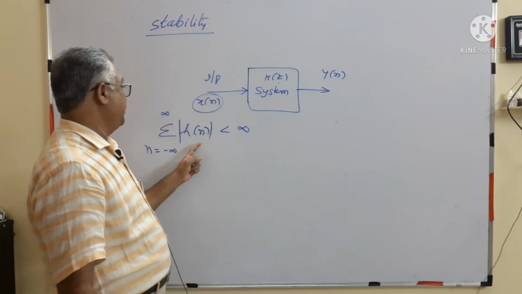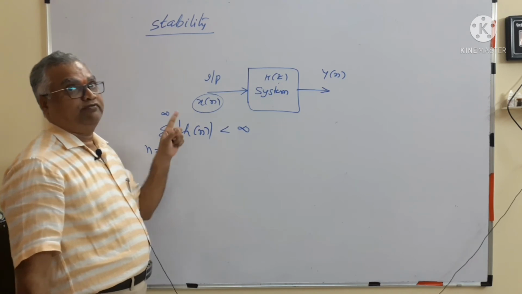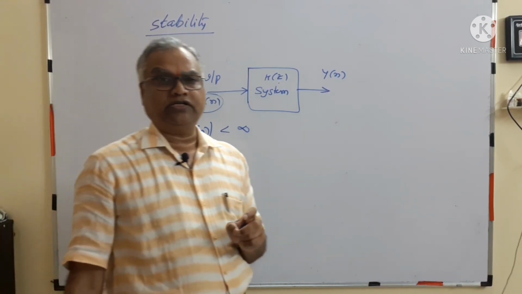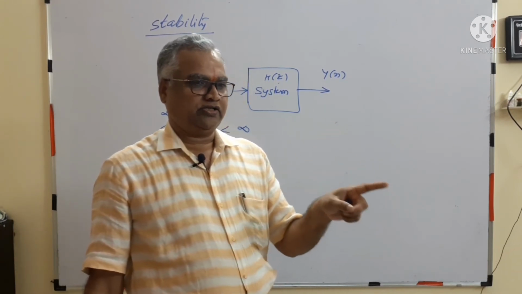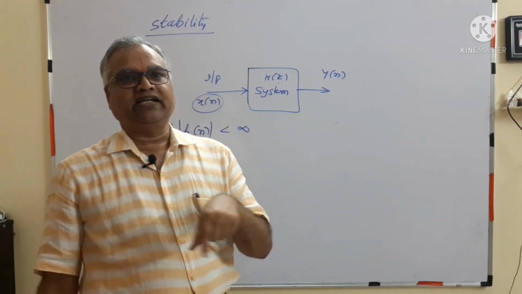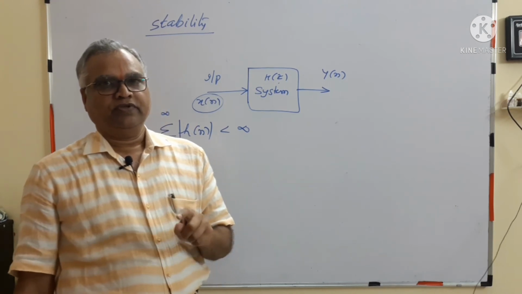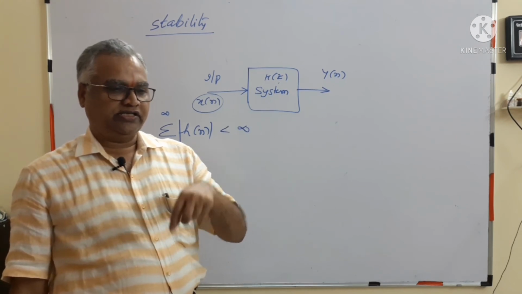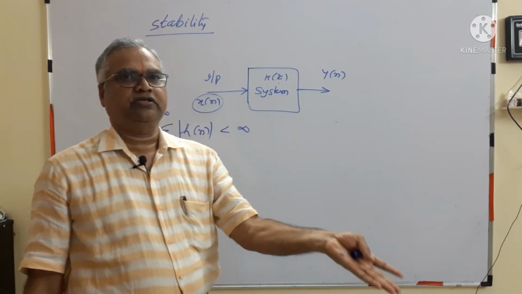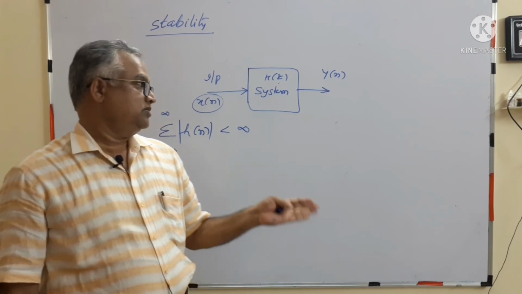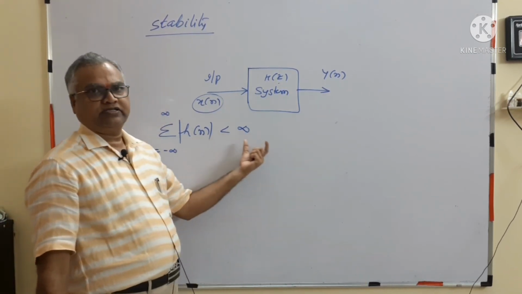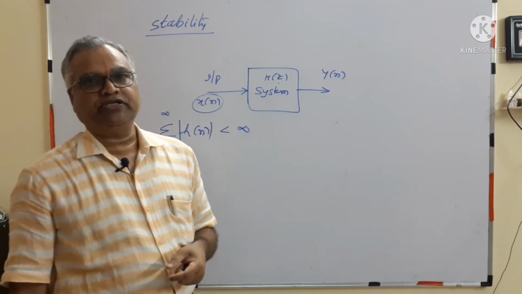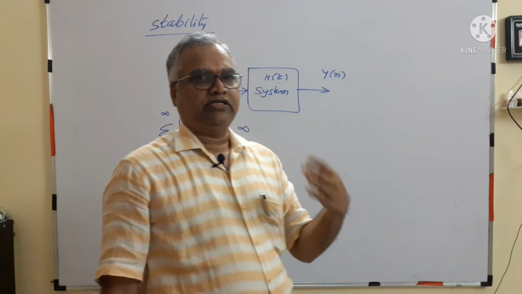Condition for stability, condition for existence of the Fourier transform. That means when Fourier transform is possible, the unit circle will be in the ROC. If the unit circle is in the ROC, Fourier transform exists. If the Fourier transform exists, then a bounded impulse response will come, then that summation will be finite. Automatically the system is stable. So that is a thumb rule.